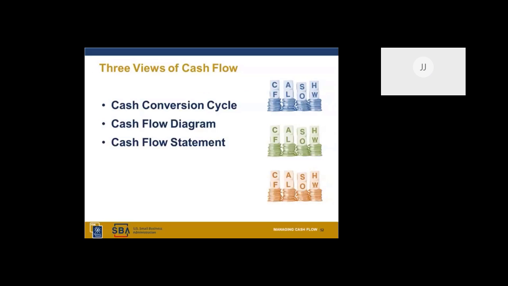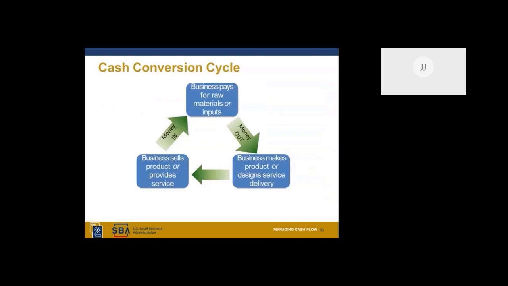So the first of these views on cash flow is the cash conversion cycle. And it consists of the three components that make up the triangle on the slide in front of you. The first one at the top, the business pays for raw materials. This is money out for the business. As we see, the business buying those materials that they need for their product, that's money out